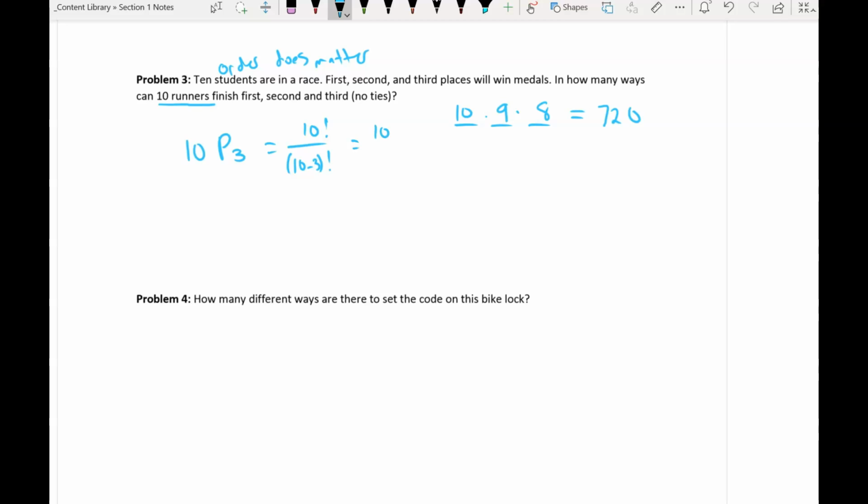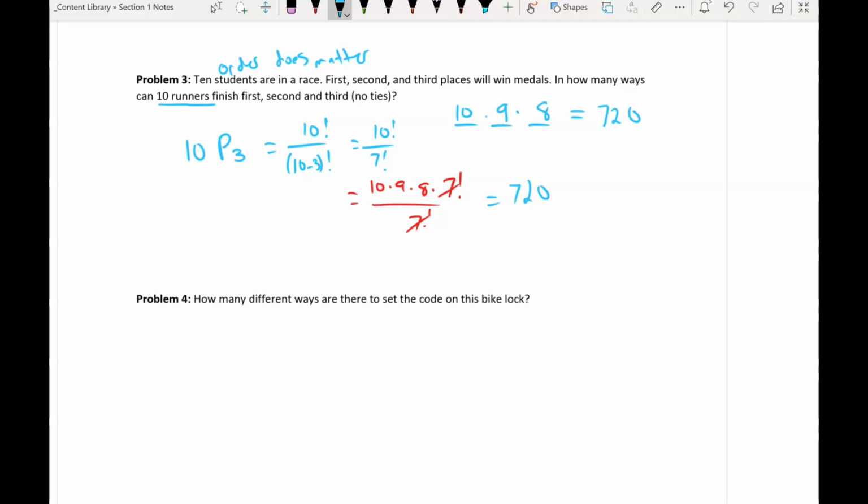And this is just going to be 10 factorial over 7 factorial. And like we did above when I said that work was unnecessary, the reason these are the same thing is because this is the same as 10 times 9 times 8 times so on and so forth, right? Times still 7 factorial where I'm counting down over 7 factorial. This reduces, and I'm just left with 10 times 9 times 8, which is